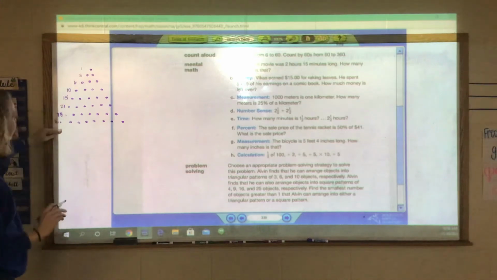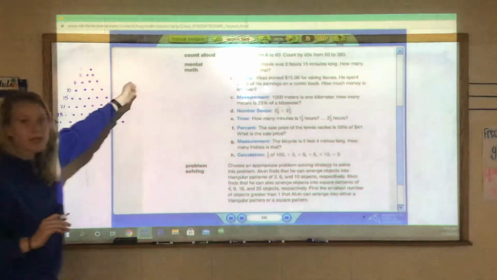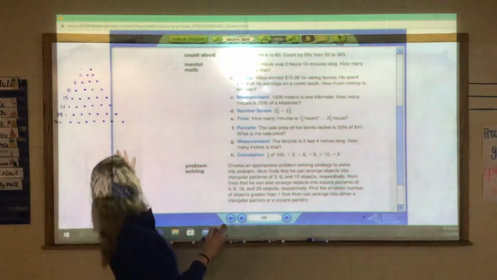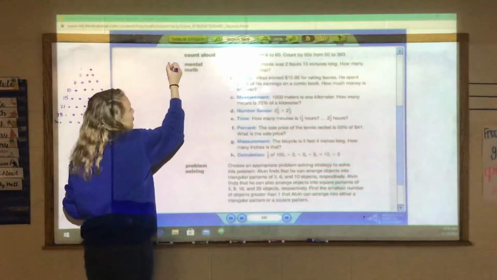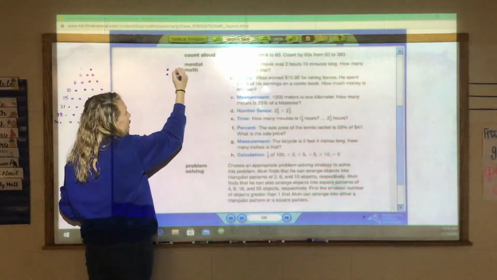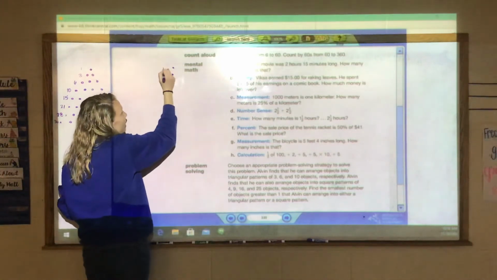So you see how there's the same number on each side for each of these triangles? Oh, I don't think I'm in the screen. See how there's the same number on each side? So let's try the squares. All right, obviously if we have 1, but we need it to be bigger than 1. So we have 1, 4,